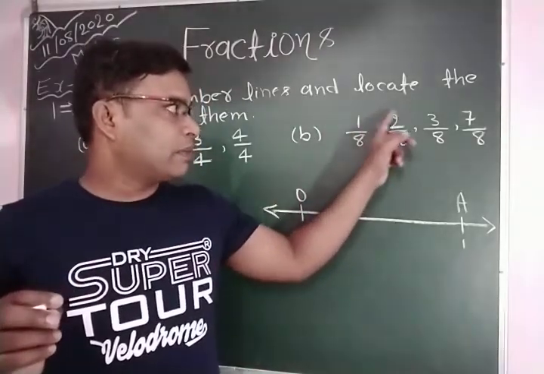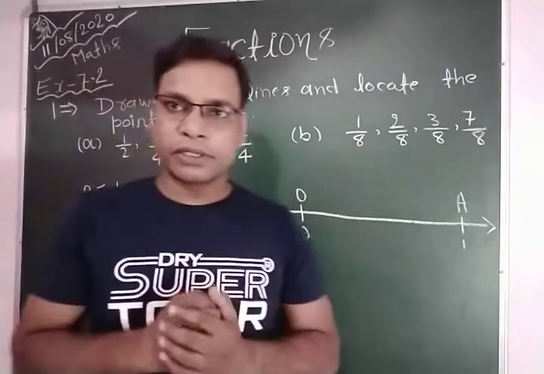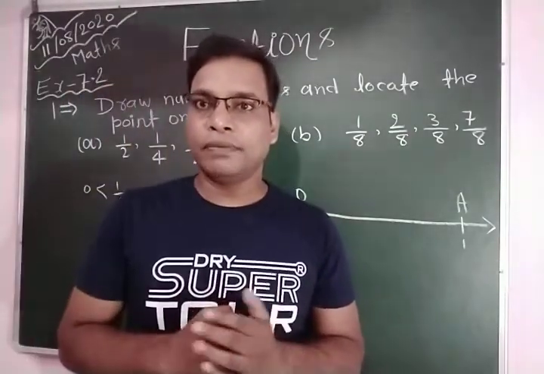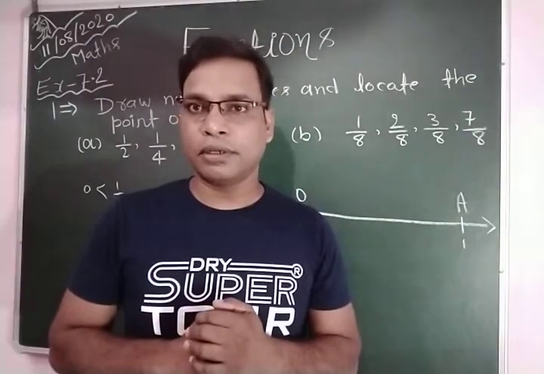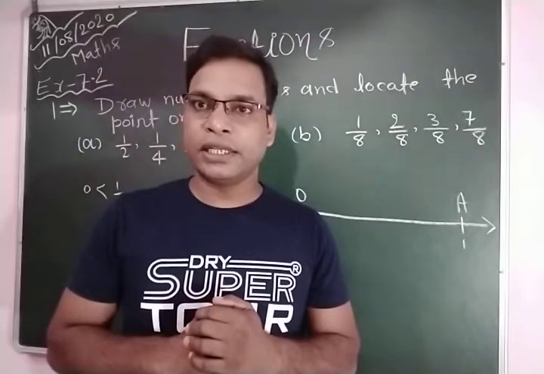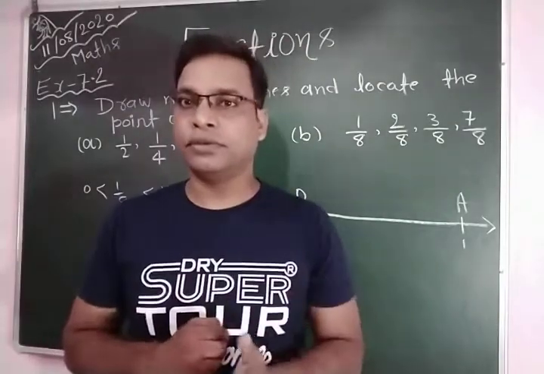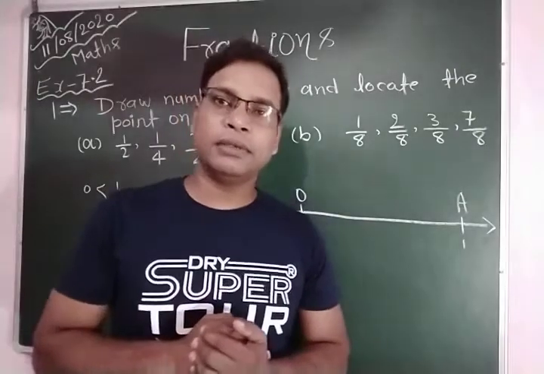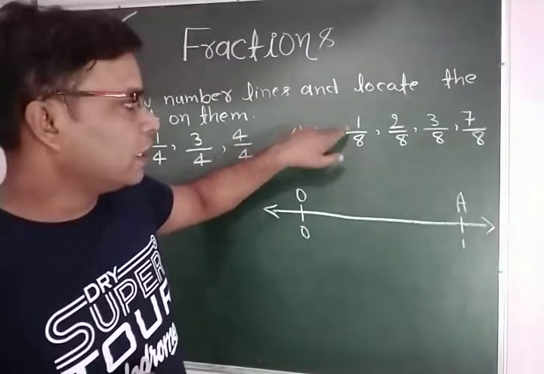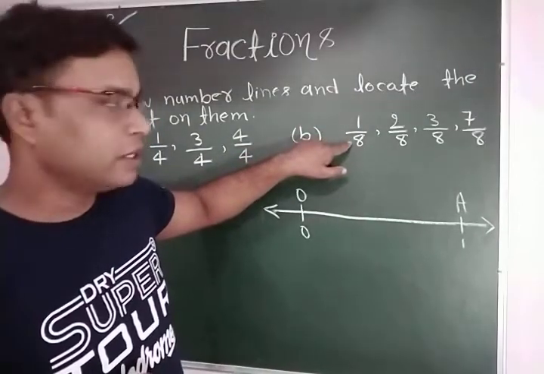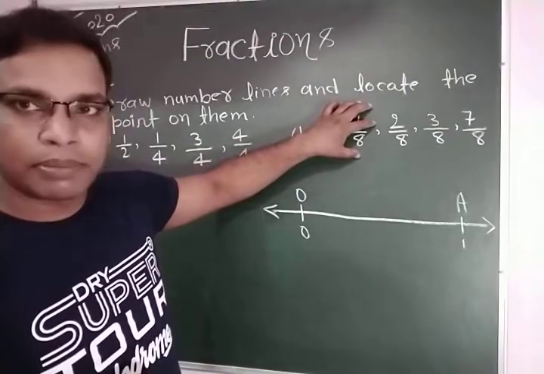So you can see this is proper fractions. So how can we recognize the given fraction is proper fraction or not? Okay, if numerator of the fraction is less than the denominator and greater than 0, okay, it's called proper fractions. Okay, so here 1 is a numerator, 8 is the denominator. So 1 is less than 8, it means that this is a proper fraction.